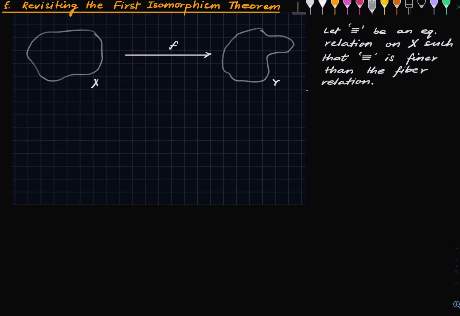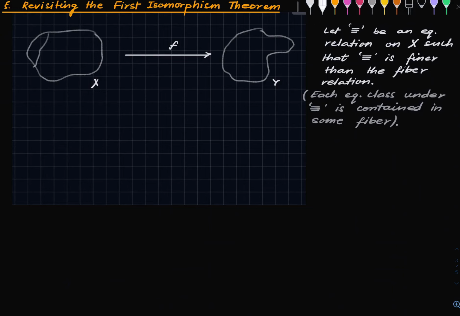If you remember from the lecture on set theoretic quotienting, this just means that each equivalence class under this relation is contained in some fiber. That's what that means. So if these are all the fibers,